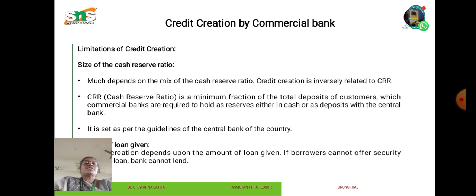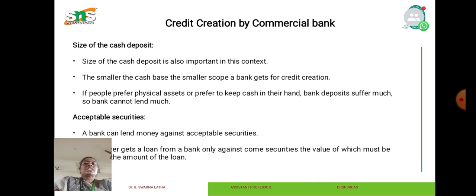Credit creation depends upon the amount of loan given. If the borrowers cannot offer security, the bank cannot lend. Size of the cash deposit. The size of the cash deposit is also important in this context. The smaller the cash base, the smaller the scope a bank gets for credit creation. If people prefer physical assets or prefer to keep cash in their hands, bank deposits suffer much,